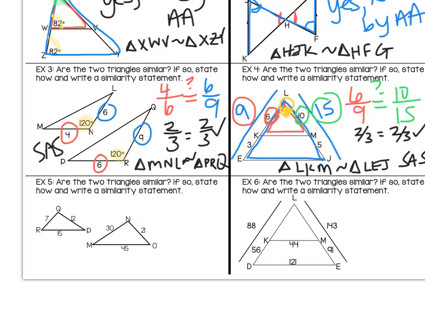The last ones are side, side, side. How do I know that I'm given all three sides? When we do this, it's like when you're driving through and you have small, medium, and large drinks. So I'm going to put the small side over the smallest side. So 7 over 21. And we're going to see, is that equal to medium? I should write my little small, medium, large. Okay. Medium, 12